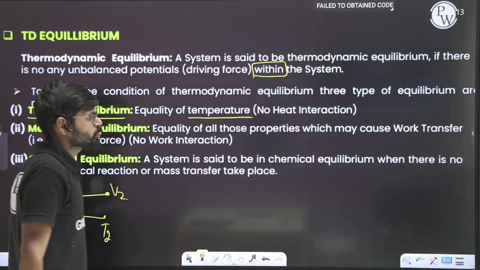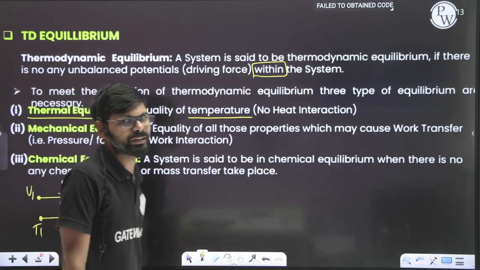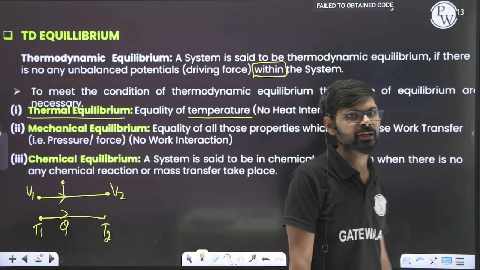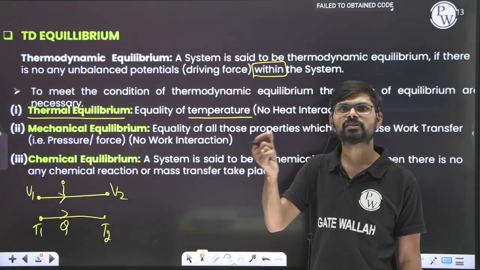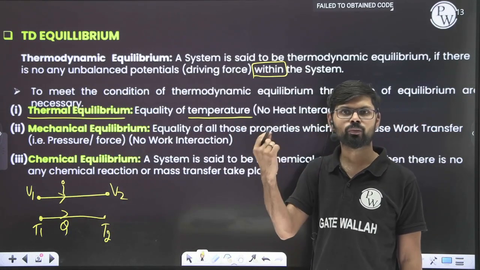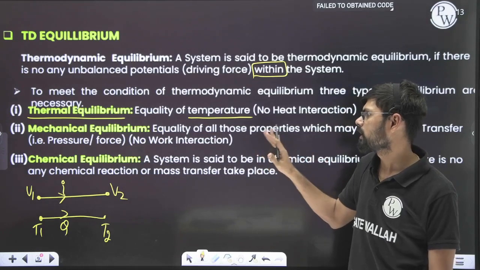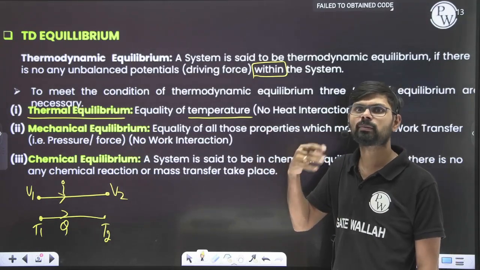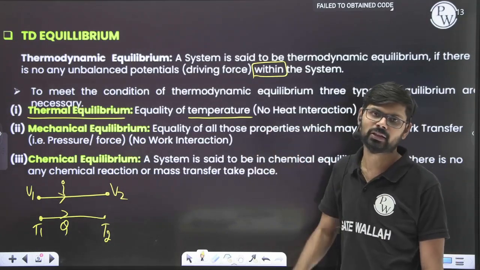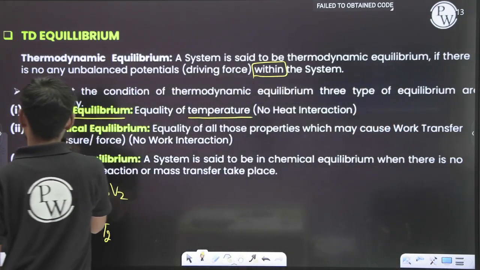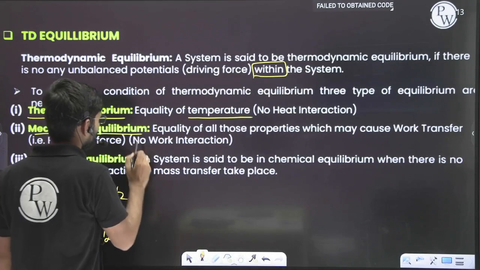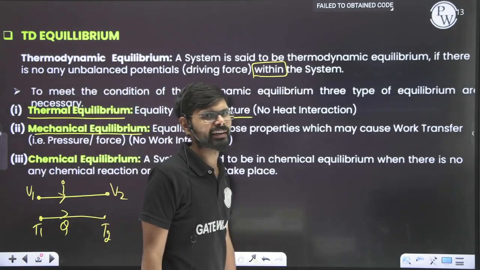Suppose you are saying that this room is in thermodynamic equilibrium, it means the temperature of the air present in the room should be the same everywhere throughout the room, meaning no thermal energy transfer or heat transfer within the room. Clear? Second one is mechanical equilibrium, meaning equality of all those properties which may cause work transfer, like pressure,